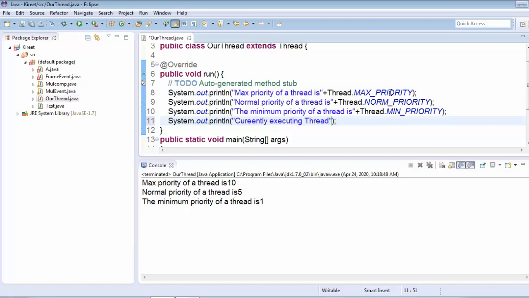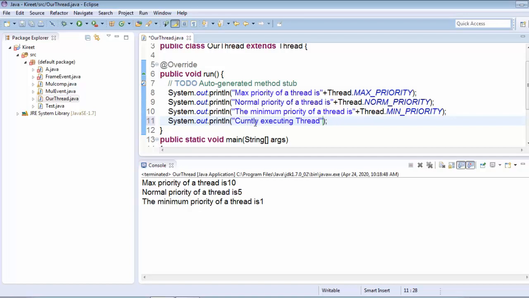The max priority, normal priority and minimum priority are the default integer ranges that we have implemented, and we are seeing them on screen because we have written code for it. But now we want to know the priority of the currently executing thread in our program.